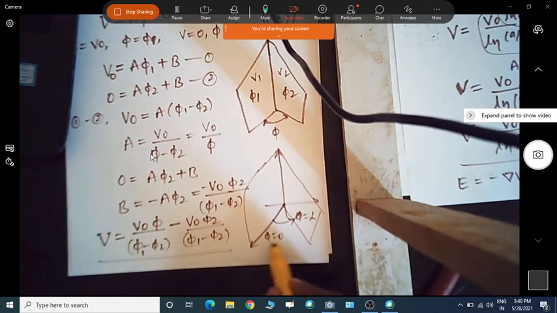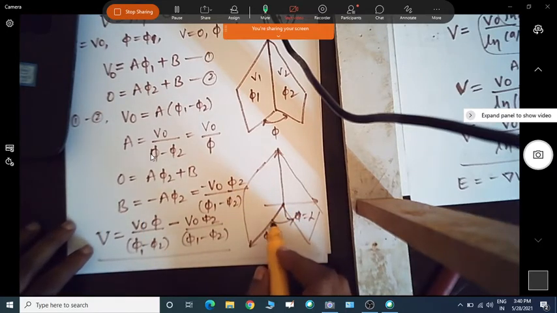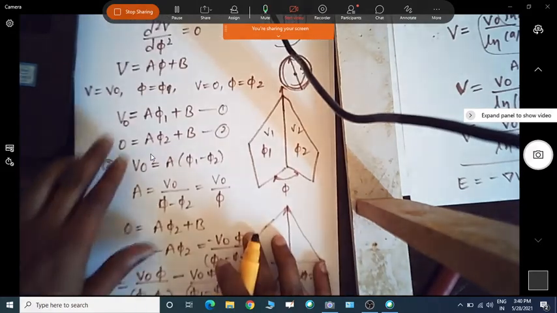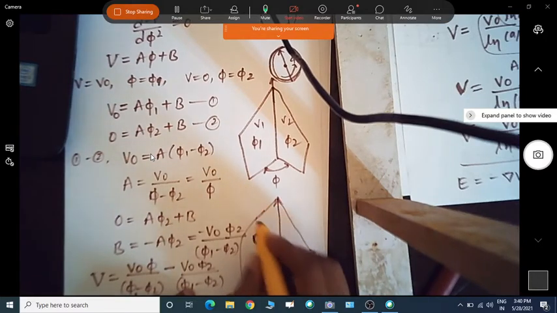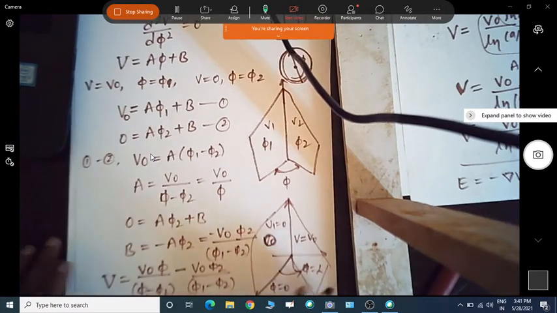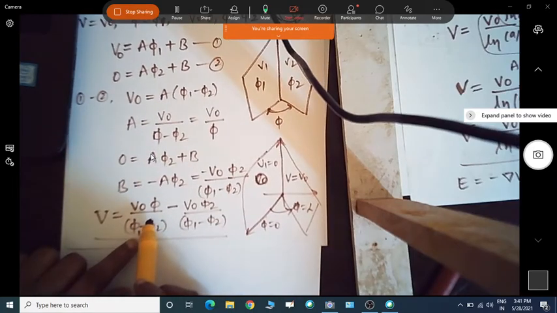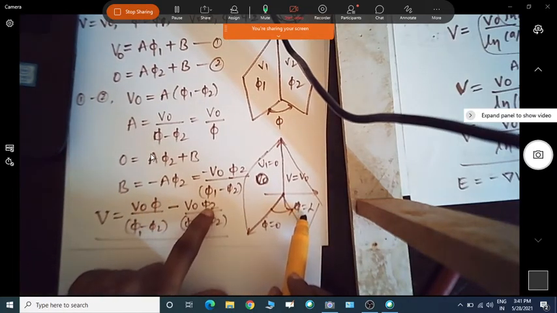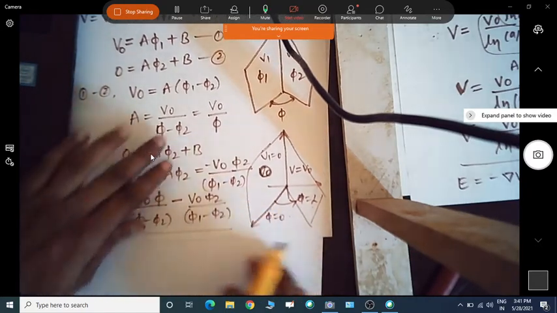Now if I take phi equal to 0 and phi equal to alpha, where at phi equal to 0 we have v1, whatever v1 we are taking at phi equal to phi 1, we can take as 0, that is v1 equal to 0, and at phi equal to alpha we take v equal to v naught. That is also possible. If I take this type of situation, whenever we have phi 2 we can replace it with alpha, and phi 1 we can replace with 0.